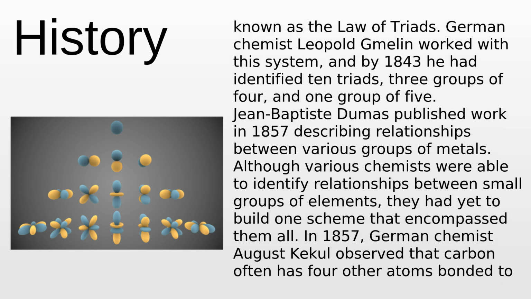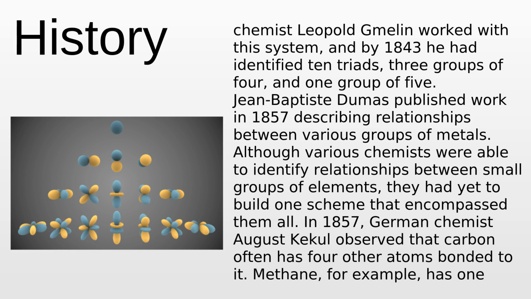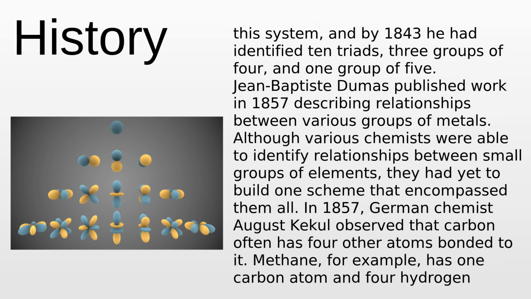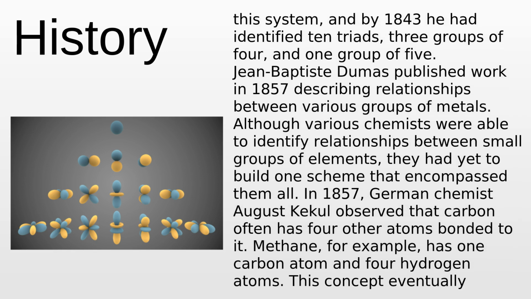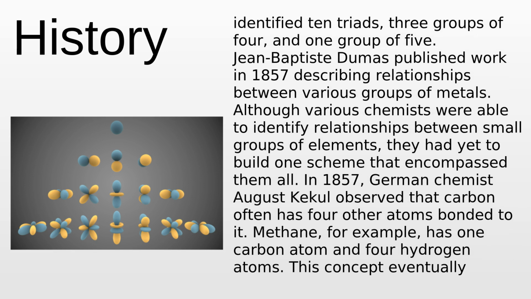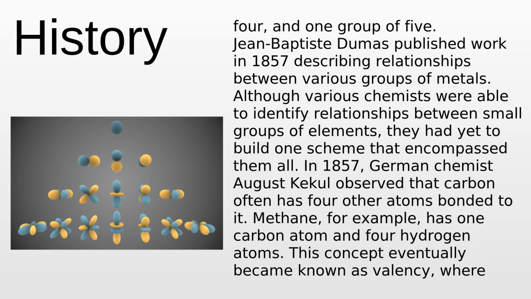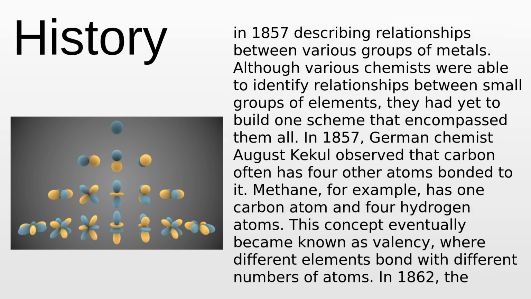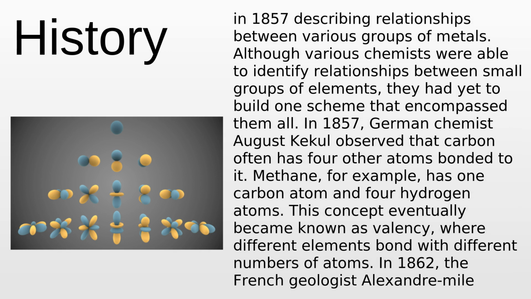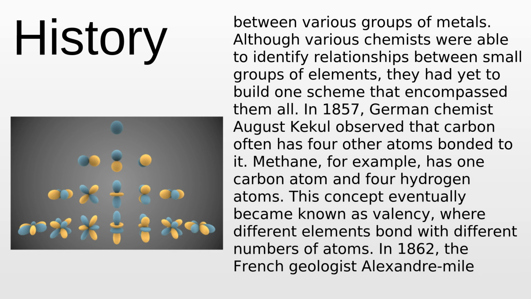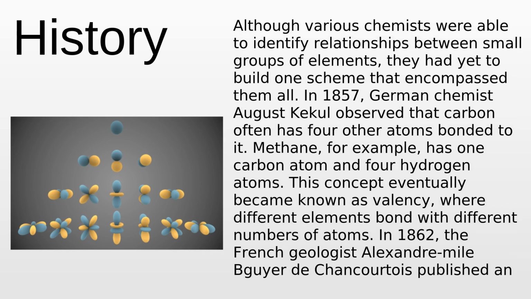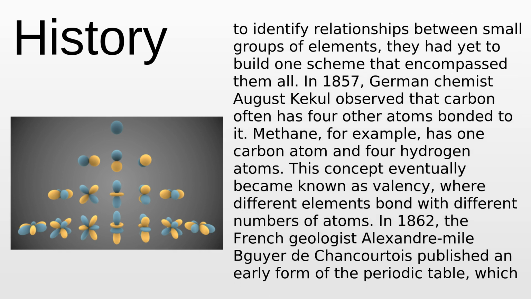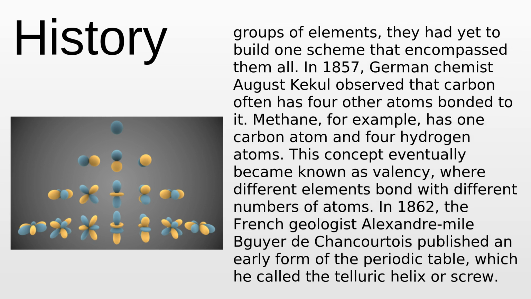German chemist Leopold Gmelin worked with this system, and by 1843 he had identified 10 triads, 3 groups of 4, and 1 group of 5. Jean-Baptiste Dumas published work in 1857 describing relationships between various groups of metals. Although various chemists were able to identify relationships between small groups of elements, they had yet to build one scheme